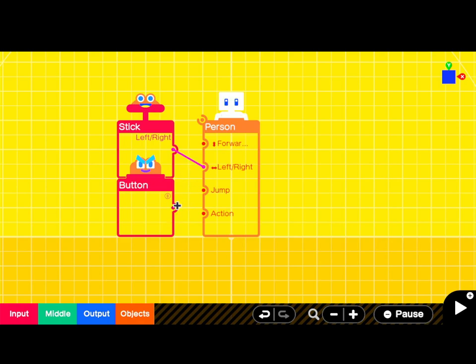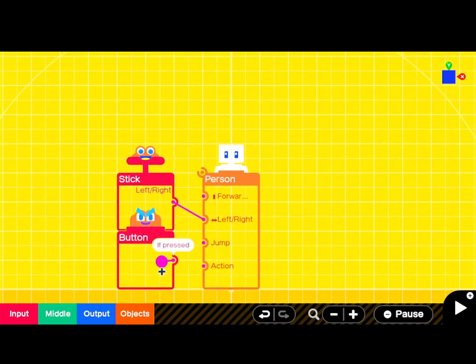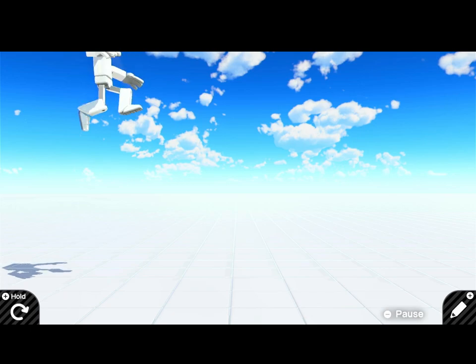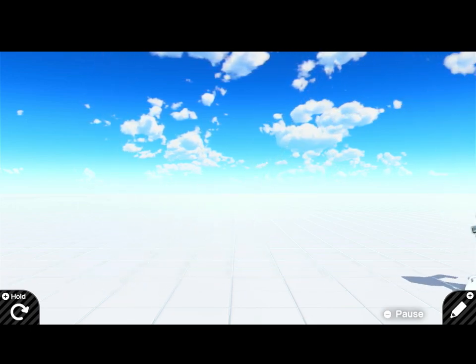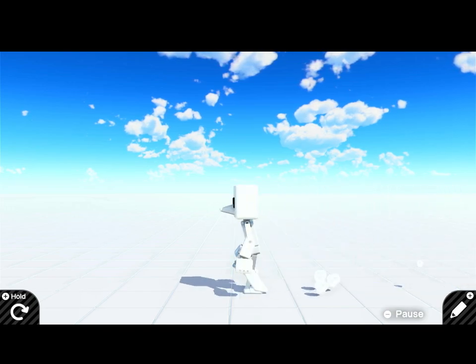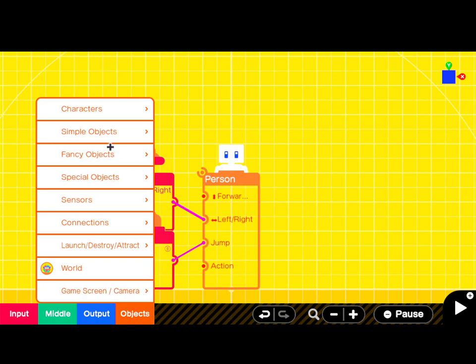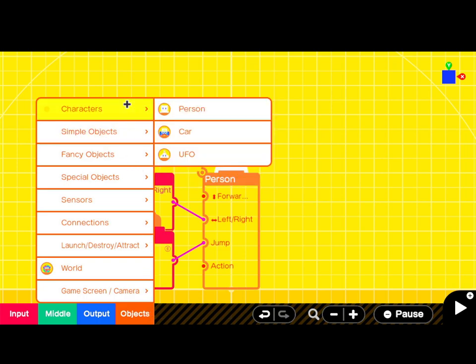By the way, if you're wondering how to do this, you hold A on top of this part, and then stop holding A near one of these parts. So now our character can jump, but you still haven't fixed the fact that he can go off screen. So there are two ways to do that. One,